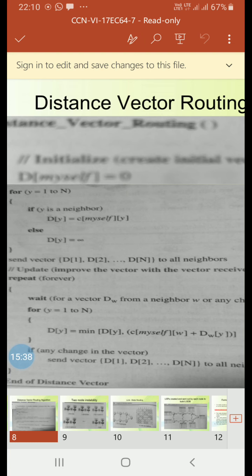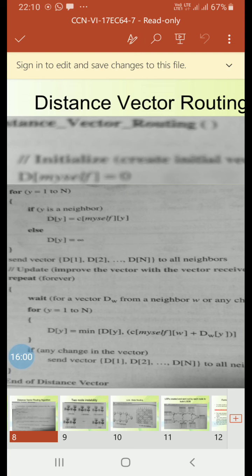So lines 4 to 11 initialize the vector for the node. Then lines 14 to 23 show how the vector can be updated after receiving a vector from the immediate neighbor.